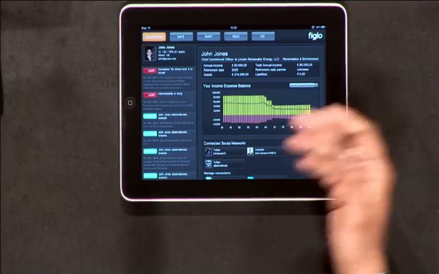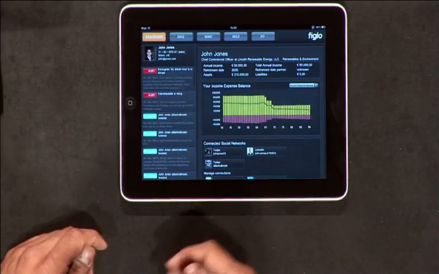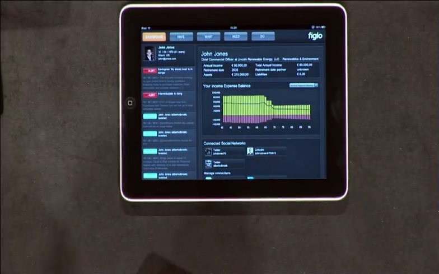Now, doing this in the web-based interface is pretty intuitive, but today we're announcing the ability to do this on tablet form factors like the iPad. If we can switch over to the iPad. You can see here that I've logged in as John again, and I'm able to pull up different alerts according to his profile.